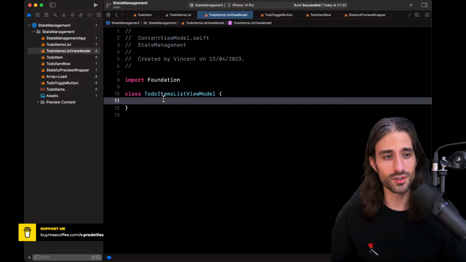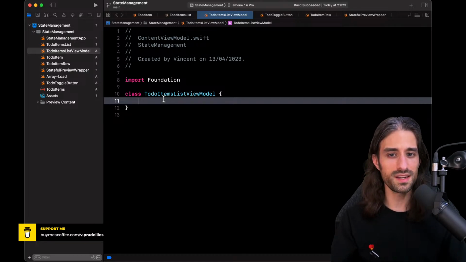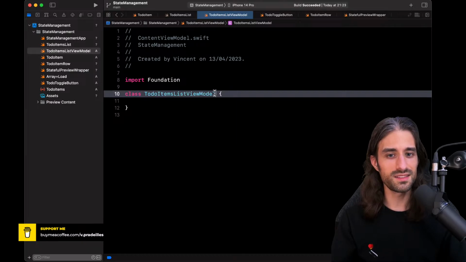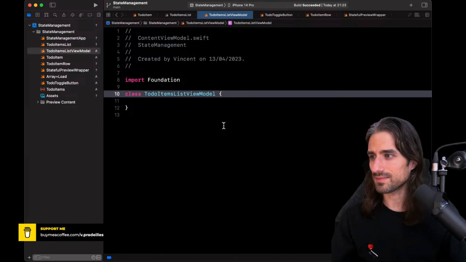But if you need to have some logic that is persistent across the view being updated, then you need to introduce a class for it, because you need to have an instance that will keep living as long as your view is displayed on the UI. That's why my view model is going to be a class.